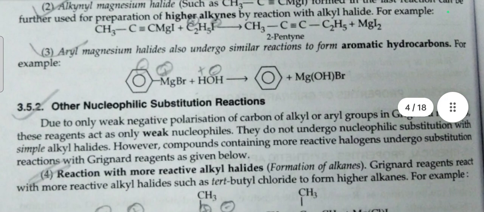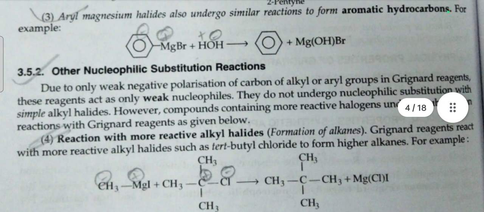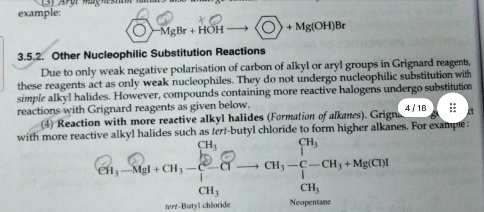Other nucleophilic substitution reactions. Due to only weak negative polarization of carbon of alkyl or aryl groups in the Grignard reagents, these reagents act as only weak nucleophiles. They do not undergo nucleophilic substitution with simple alkyl halides. However, compounds containing more reactive halogens undergo substitution reaction with Grignard reagents as given below. First,